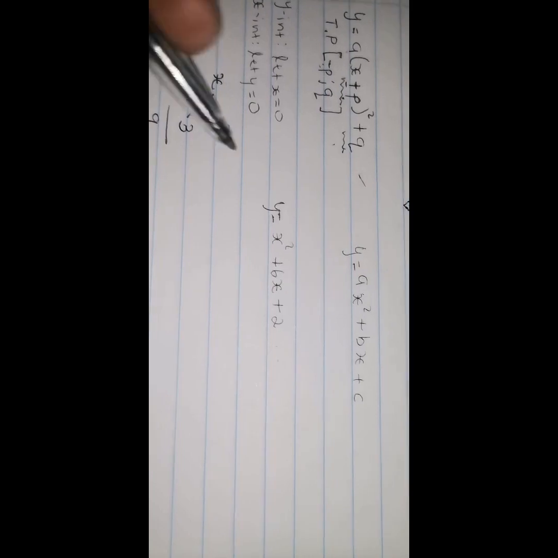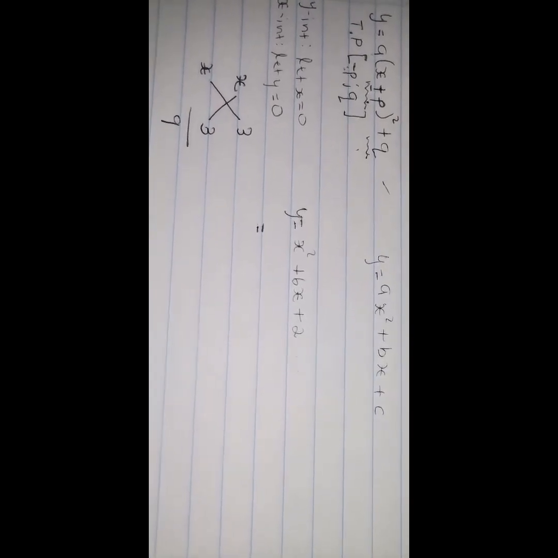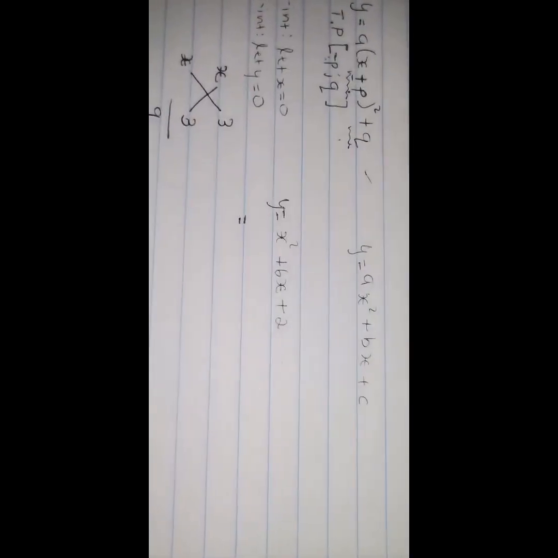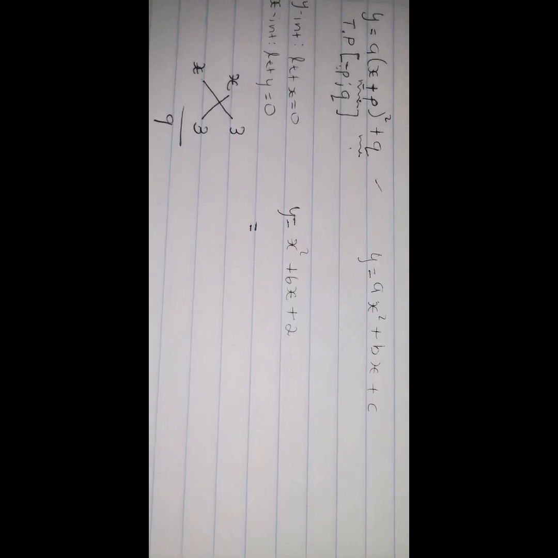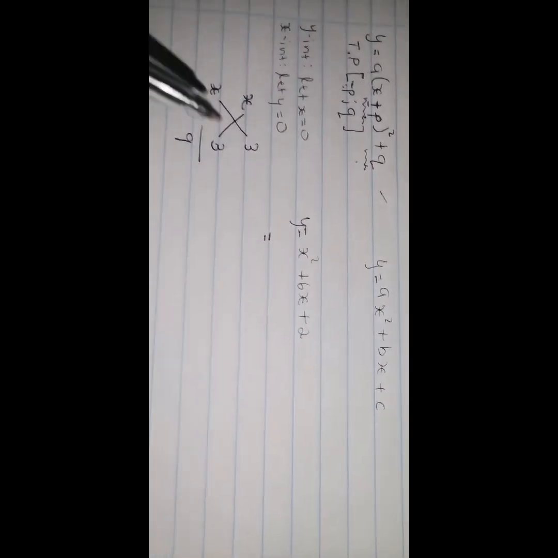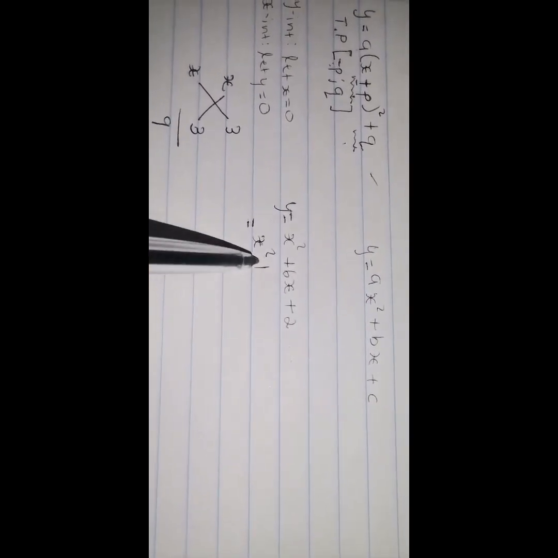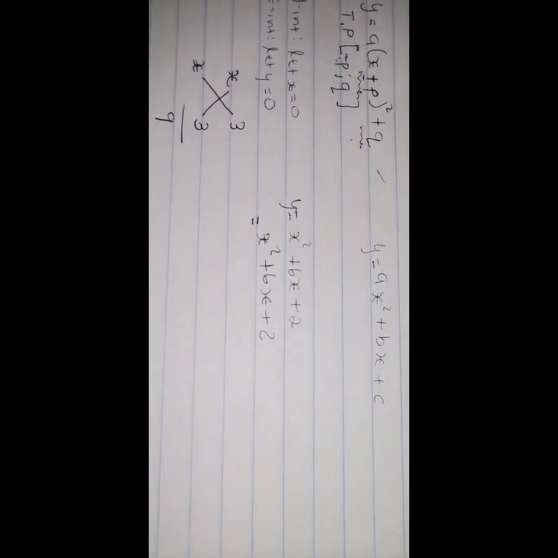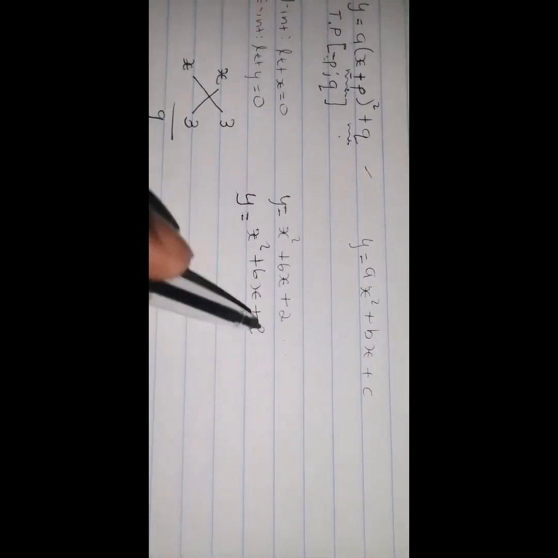Then you come back to this equation. Therefore, I want an equation that has a binomial. So basically, we have two brackets that are the same in terms of the constant and the sign. So in this case, you're going to have x squared plus 6x plus 2. We have 9 here. Remember, what you do on the left hand side, you must also do on the right hand side. So I'm going to add 9